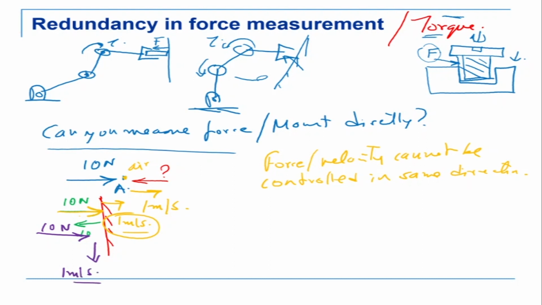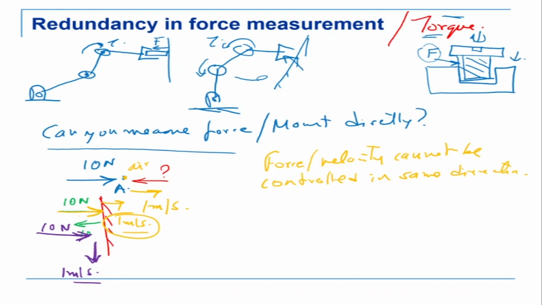So when you're cleaning the wall, for example, or when you're writing on the wall, or even when you're writing on paper, you're applying a force on the paper and you're moving in a direction which is perpendicular to that force. Only under that condition is it possible. That means in the force space and the velocity space, they are orthogonal to each other. Please think about this because this is very, very important to understand.